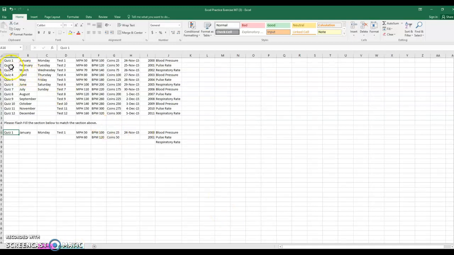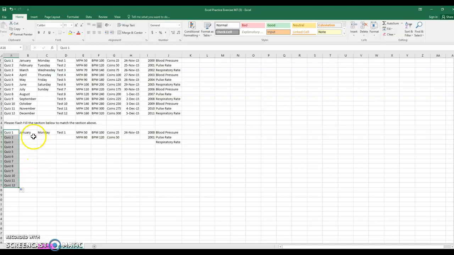Now we'll go into the last one, autofill handle. So on this one, 1 through 12 has already been shown for you. This is a sample. And I would like you to have the same formatting on the bottom half. And you're going to use the fill handle. So this is just an exercise to show you what capabilities Excel has. So if I'm in quiz 1 right now, I'm going to hover to the little green box, which is the fill handle, and as I drag down, it's quiz 2, quiz 3, go all the way to quiz 12